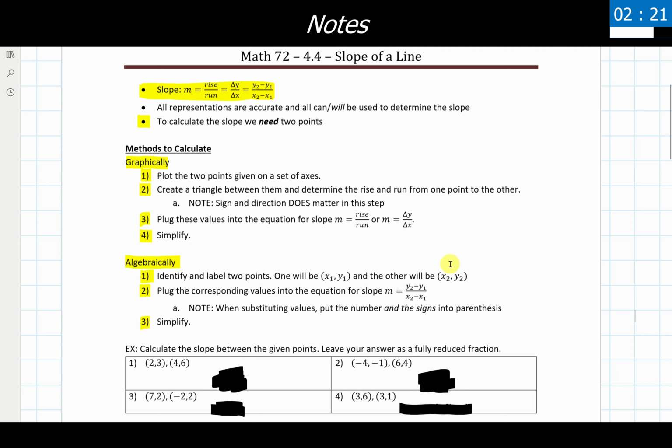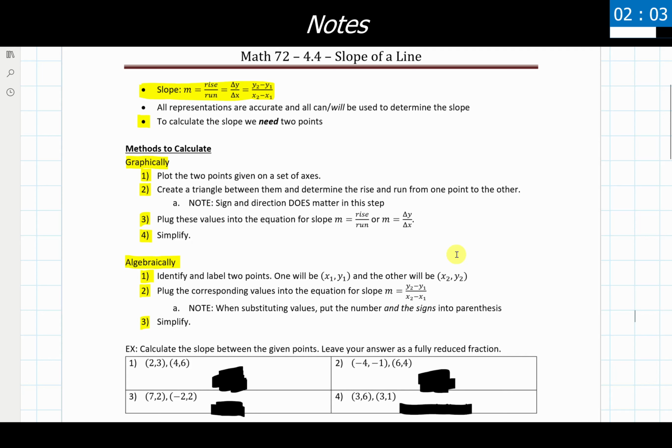The process that we use to calculate the slope overall will take that into account and basically make it so it's not something we need to worry about. So pick one of them to be labeled as one of these, pick the other one to be the other thing, and you can run with it from there.